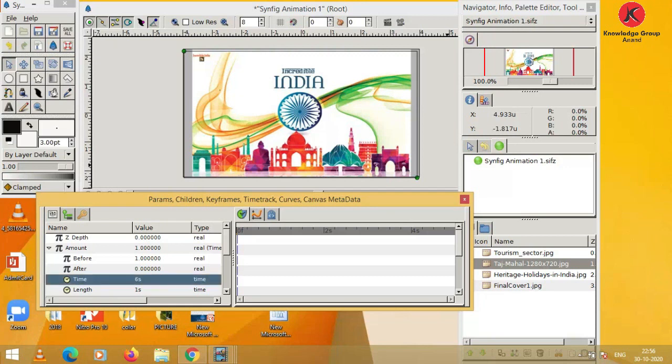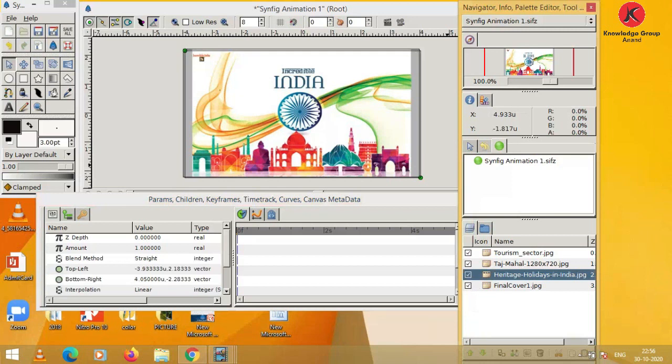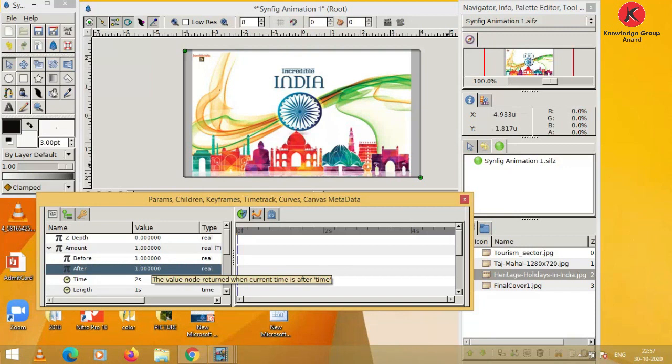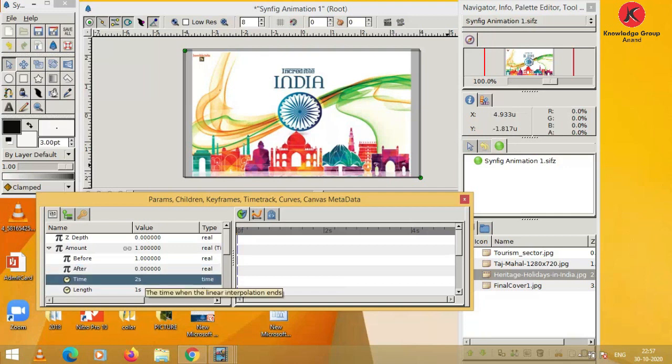and press the enter key. Now once again choose the third layer and select the amount property, right click on it, choose convert and time swap, then click on the little triangle. You can see before, after, time and length. Choose after and set 0.0, enter key, and then choose time and set 9s, press the enter key.